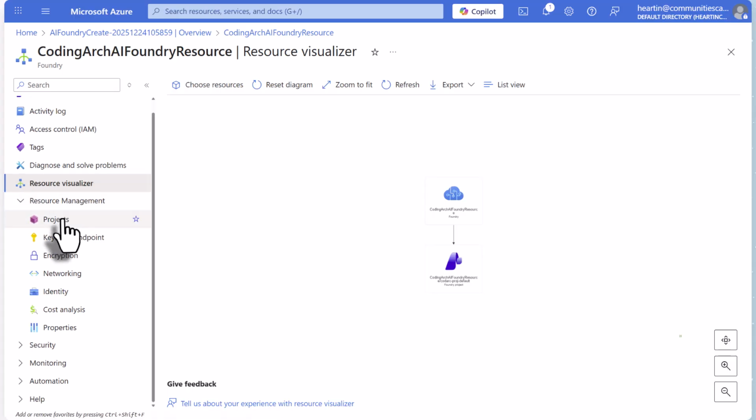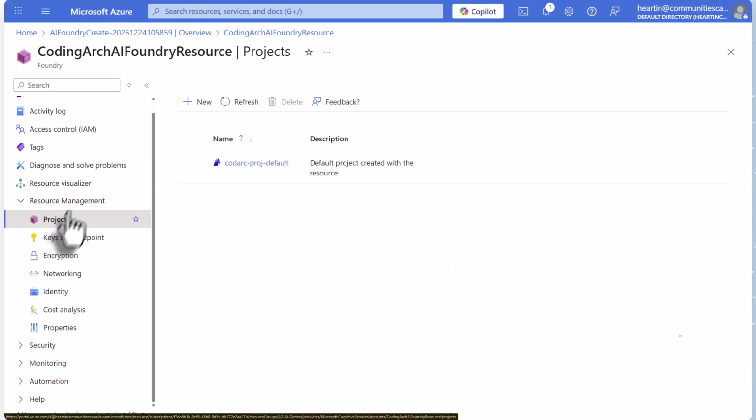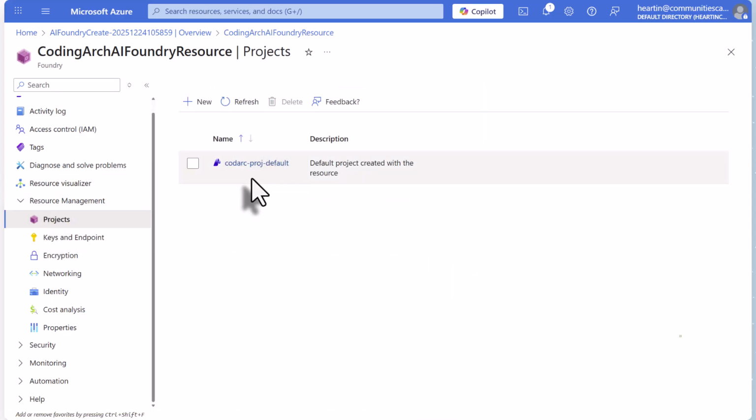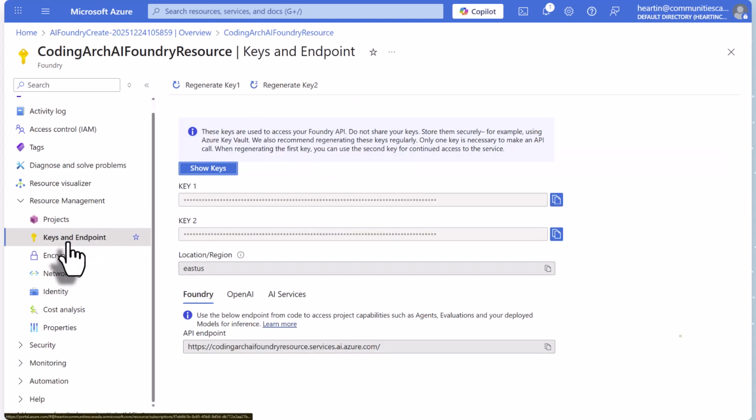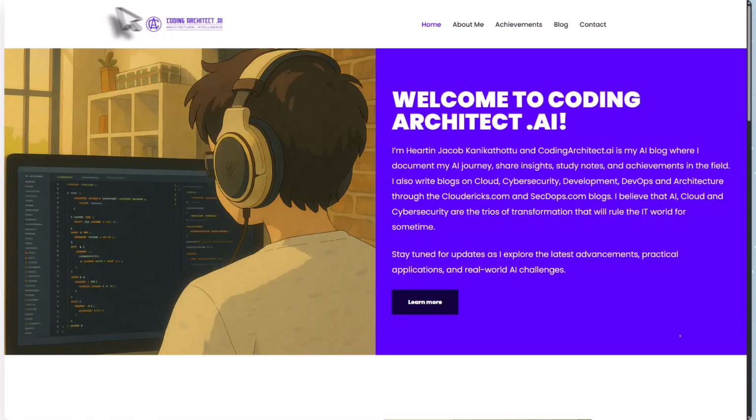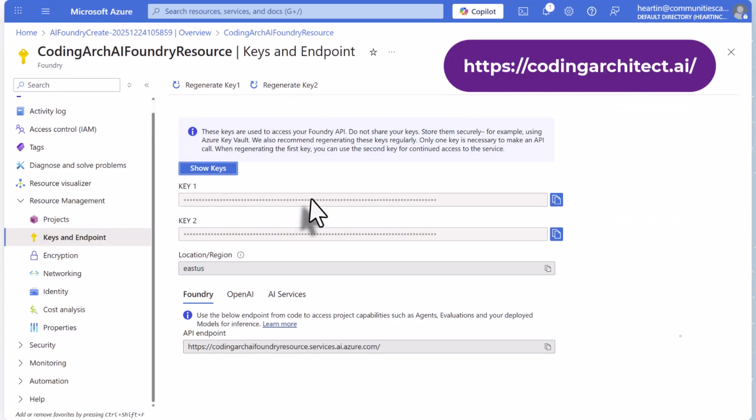And then under resource management, you can see projects. So currently we have only the default project that we created, and keys and endpoints. Whenever you are working with some SDKs using some programming language such as Python or C Sharp or other languages, you will need to use these keys. We have some labs for these in the codingarchitect.ai website